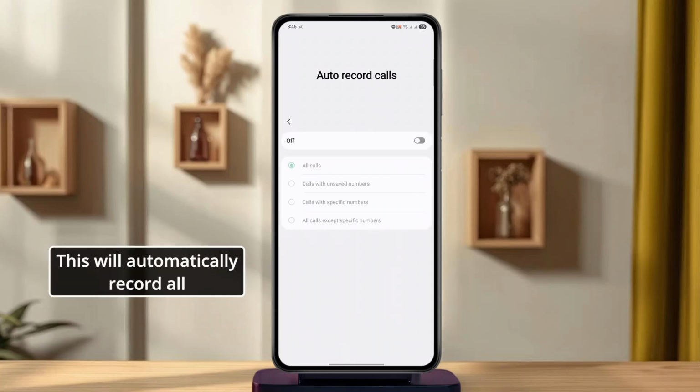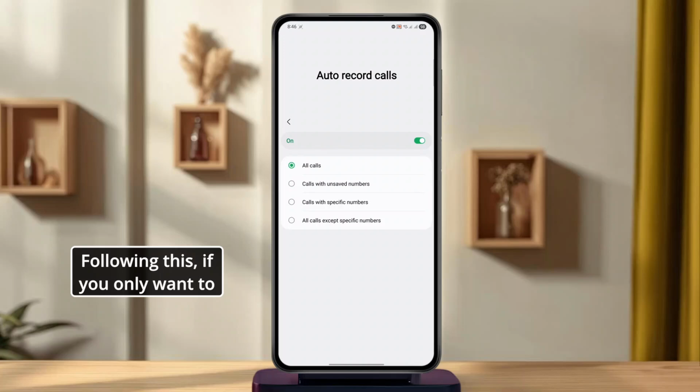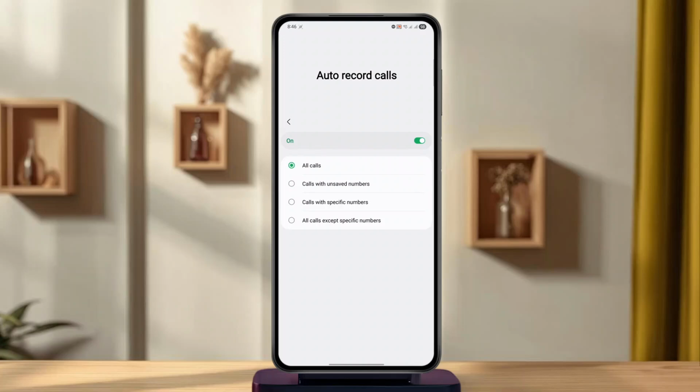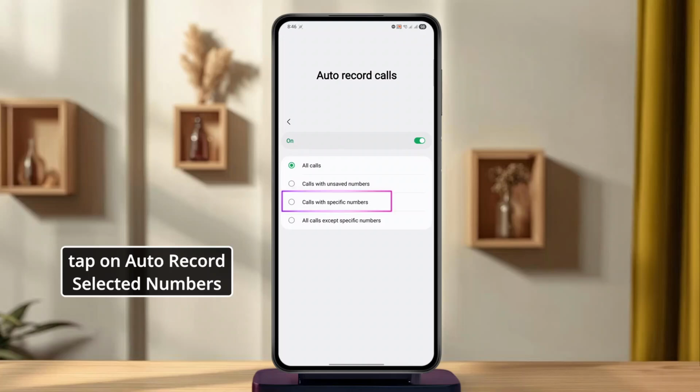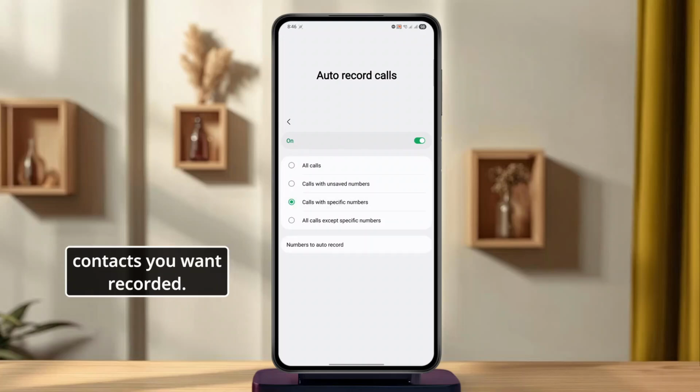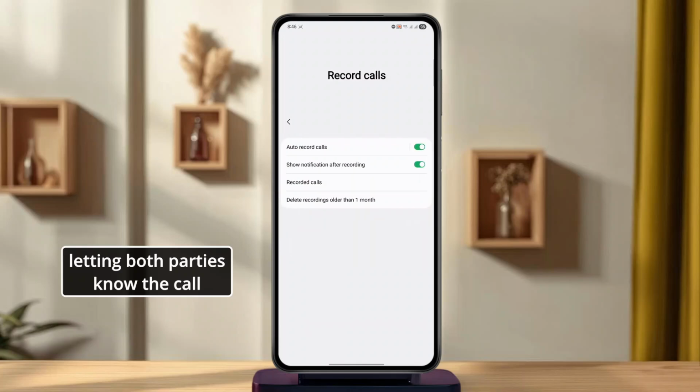This will automatically record all incoming and outgoing calls. Following this, if you only want to record calls from specific numbers, tap on Auto Record Selected Numbers and add the contacts you want recorded. Once done, go back and make a test call to confirm that recording is working. You will usually hear an announcement at the start of the call, letting both parties know the call is being